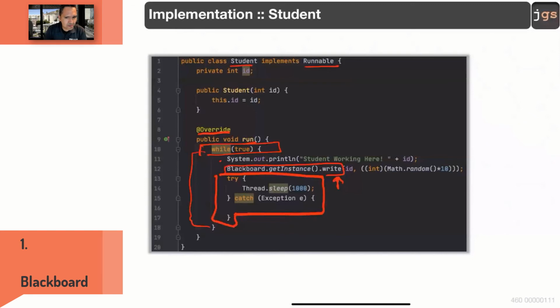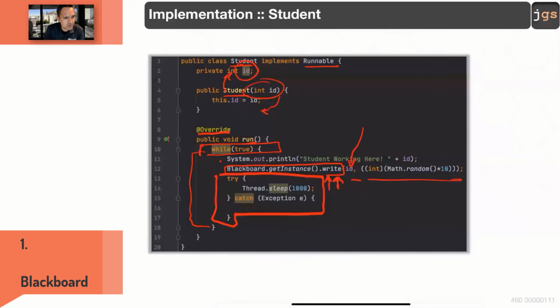What I am going to have is an ID for the student. If you remember, when I create the object students, I pass as a parameter to the constructor this number, 0 or 1. The only thing that I do with that parameter is to store the number in a variable: a constructor that receives an ID and stores the ID. So each student has an ID. And the only reason for that is when I am going to ask the student to write something into the Blackboard,